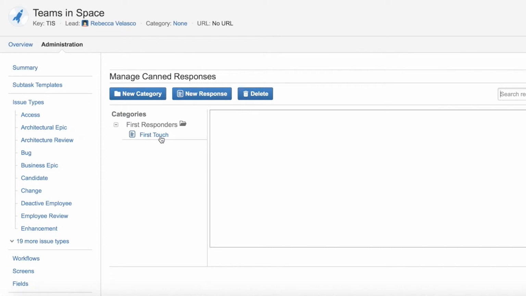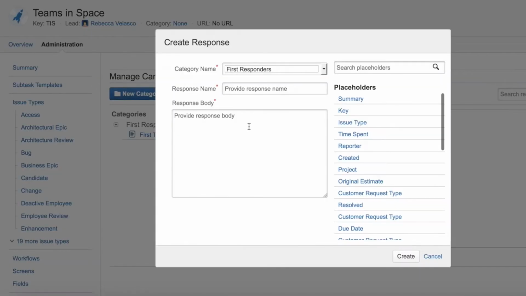So an example here that I'm showing is we're going to create a new response. We're going to put it under the file structure, so there is a hierarchical file structure. We're going to call this wrap-up response. And what we're doing here is we're using these placeholders that already exist in JIRA to help us automate this to use it again and again and again. So an example will be, let's say that we are in Service Desk and you want to program in 3 responses. First, when somebody files a ticket, a status update as a middle response, and then a wrap-up response in the end. So you can say, hello,